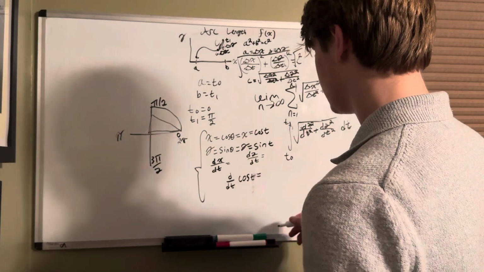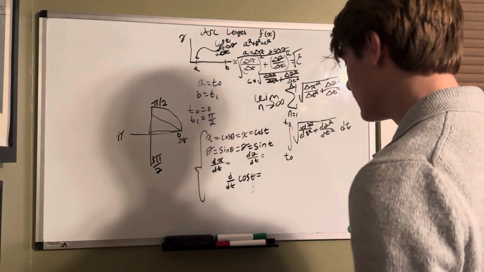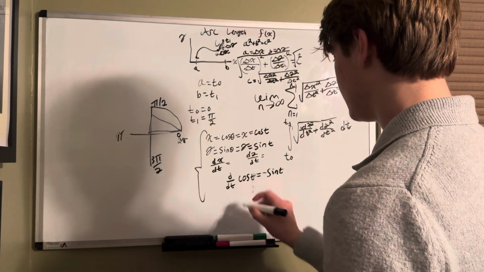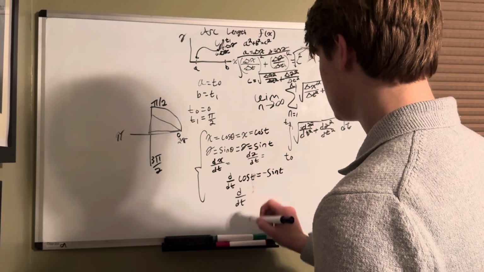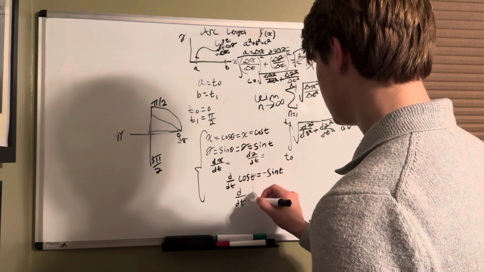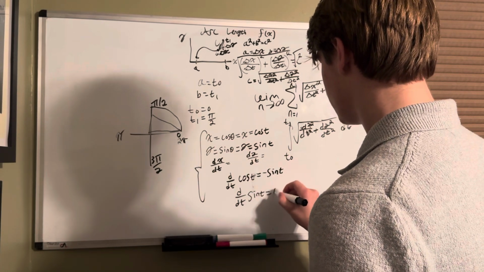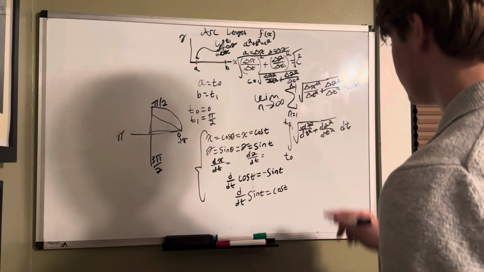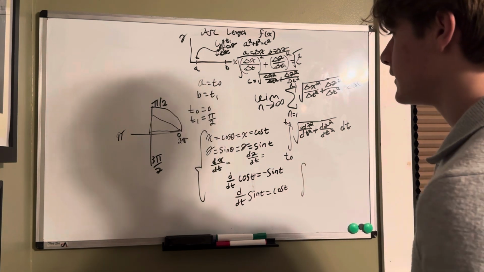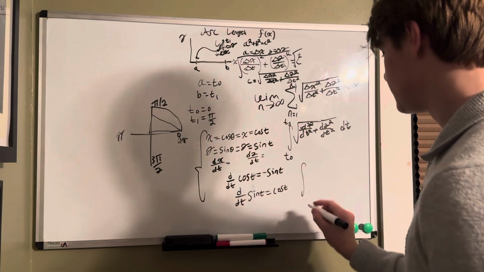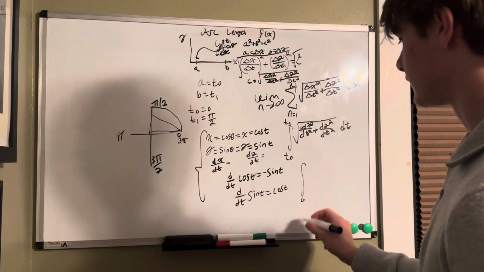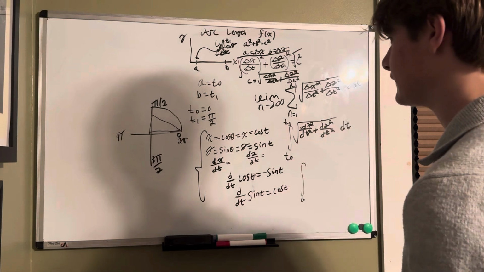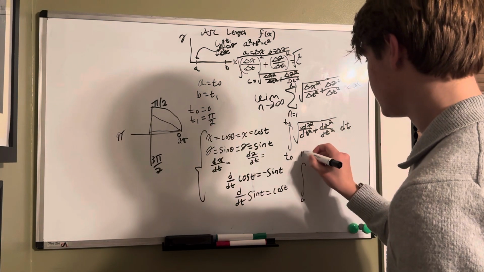The derivative of the cosine of t is simply negative sine of t. And d over dt of sine of t is equivalent to cosine of t. Okay? So now, taking t of 0, which is 0, and assigning these values inside of the integrand, and t of 1 is pi over 2,